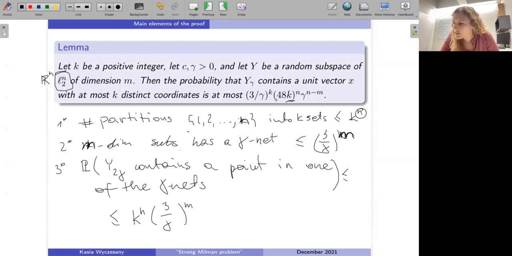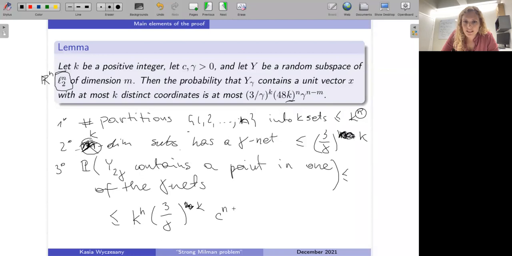So why do I get an m k-dimensional subspace? No, sorry. Here this m wasn't clear. I do want k. I don't want m. I do want k. But now I'm explaining myself why. I'm looking at the gamma net of the subspace. So if I chose one partition and I have a subspace that consists of points with k distinct coordinates, this will be a k-dimensional subspace, and I'm looking at the net of this subspace. Okay, so I want here k, and there is this sort of constant.